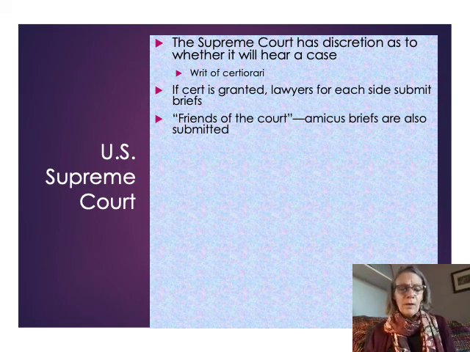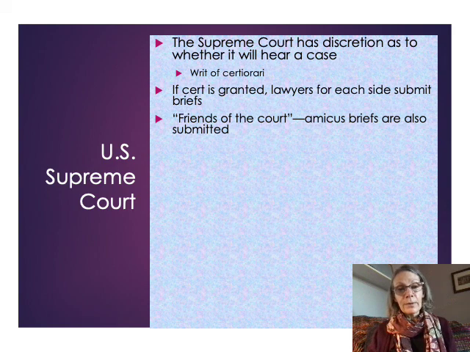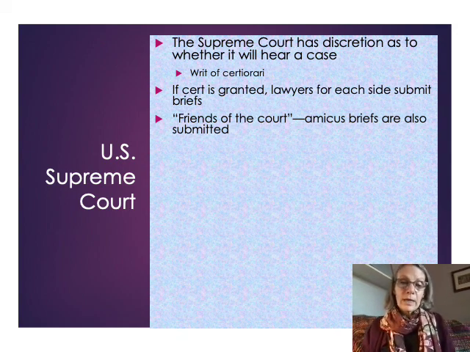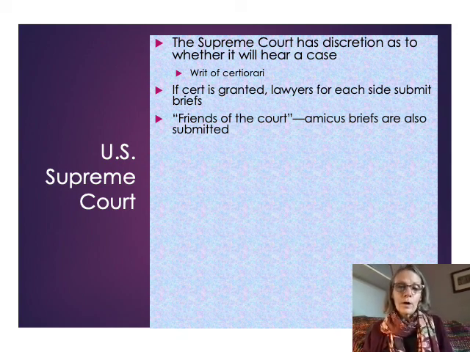Also, people other than the lawyers representing the plaintiffs in the case can submit briefs to the court as well, and they're known as amicus briefs or amicus curiae briefs. Basically, an amicus brief is a friend of the court brief. And so those written briefs can also be submitted to the Supreme Court,